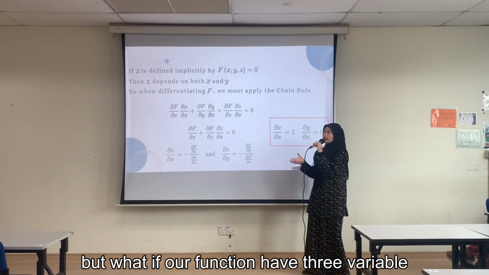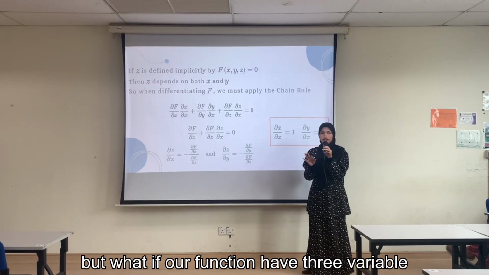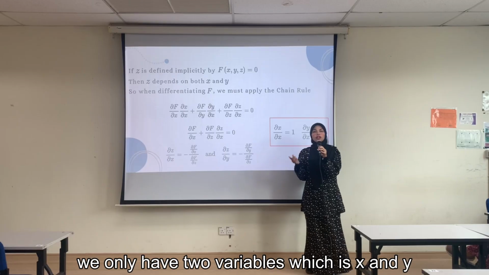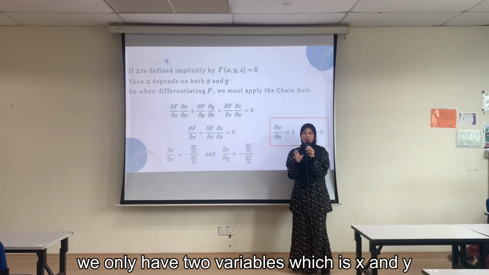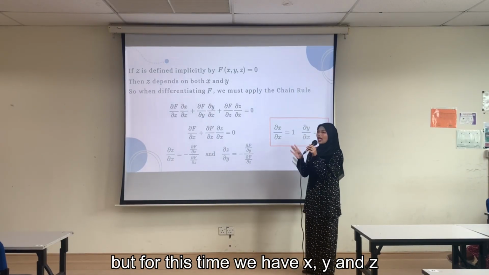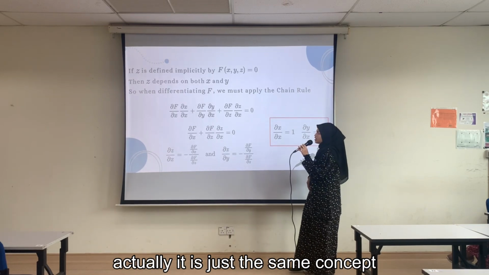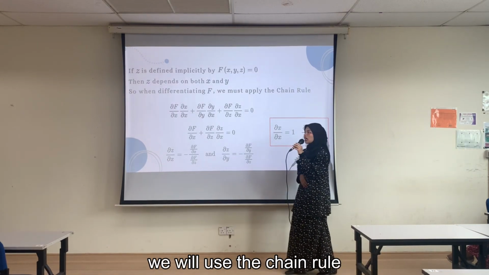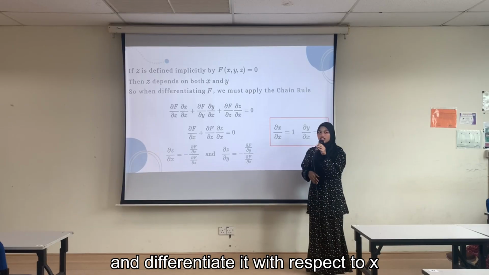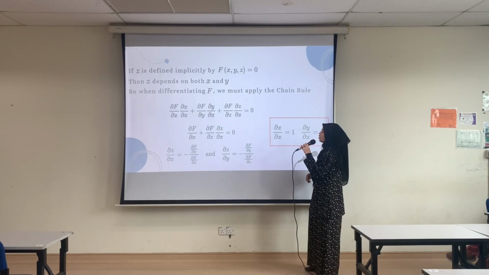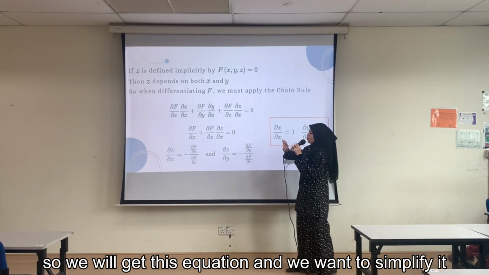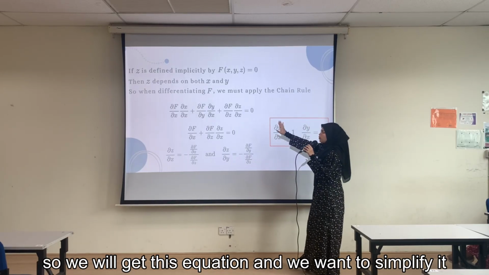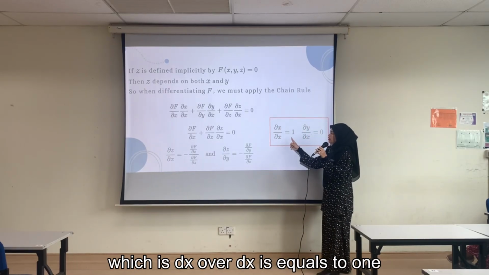But what if our function has 3 variables? So for our first example, we only have 2 variables, which is x and y. But for this time, we have x, y, and z. Actually, it is just the same concept. We will use the chain rule and differentiate it with respect to x. Okay. So we will get this equation and we want to simplify it, which is dx over dx is equals